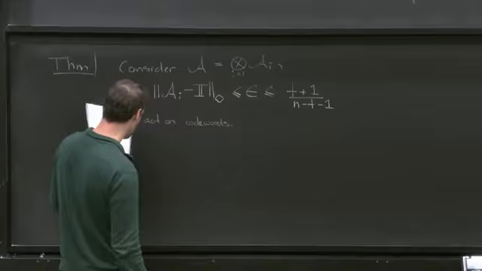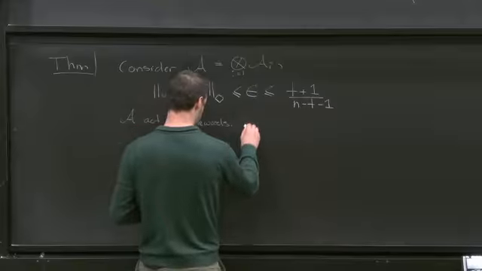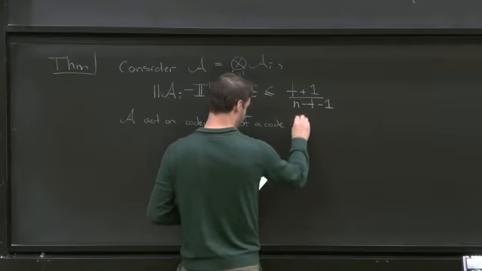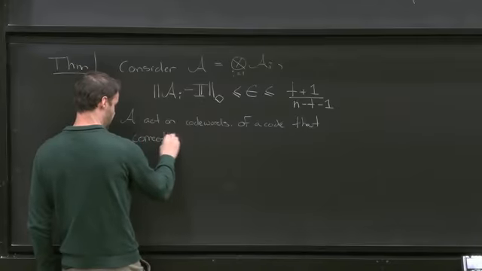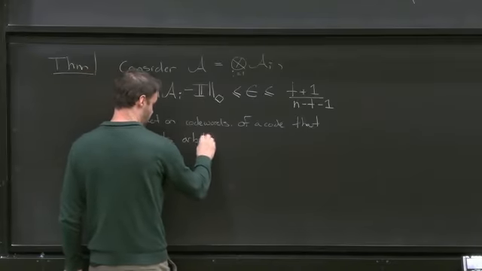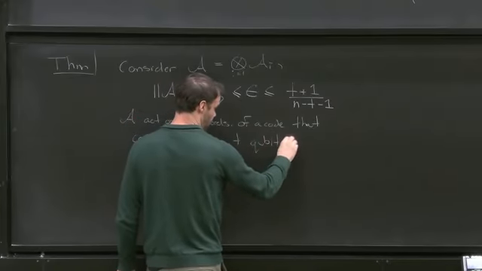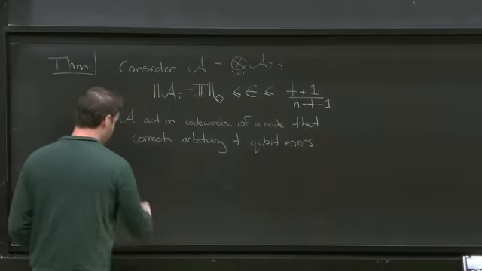Okay, so A acts on these code words of a code that corrects arbitrary t qubit errors. Then